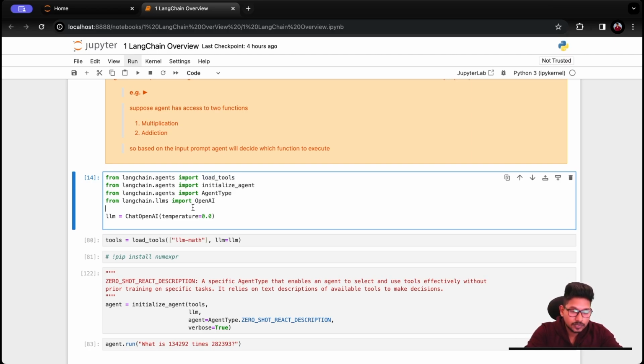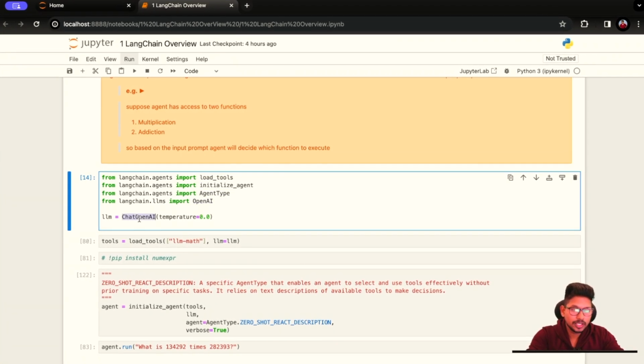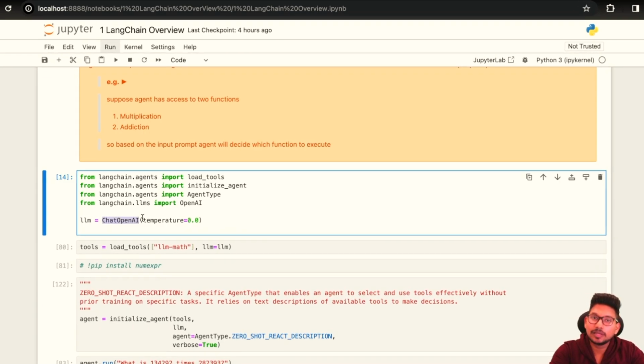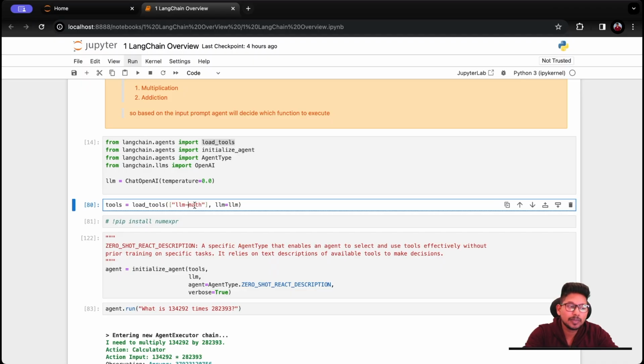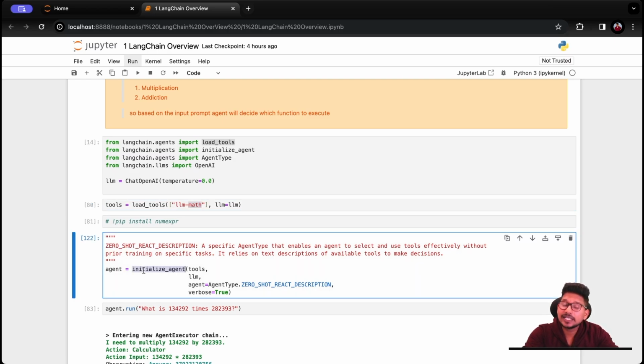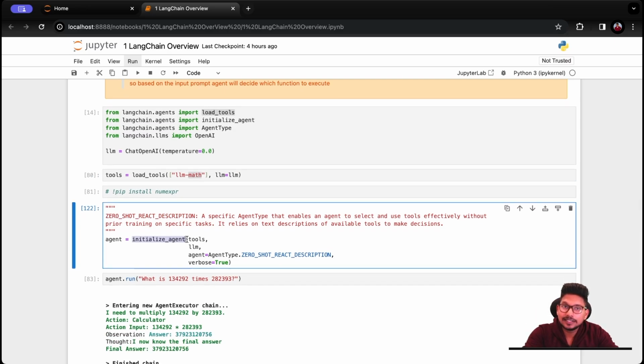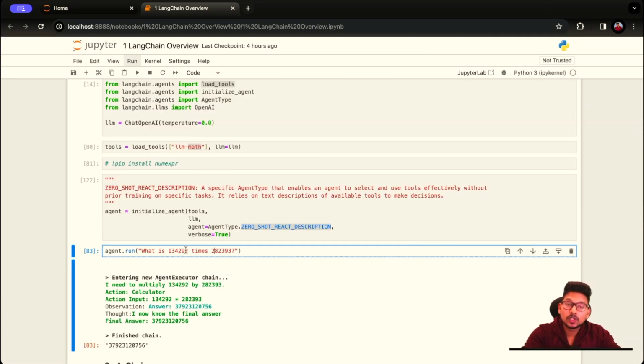Again we are importing a few different functionalities: load_tools, initialize_agent, AgentType, and the OpenAI model. So here again I am creating an object of the ChatOpenAI model, that is the LLM. LLM math you can think of as a calculator. Now here we are initializing the agent. For initializing the agent we need to pass a few things: the tools available, the LLM, that is your OpenAI model, and then the type of agent. There are different types of agent. The simplest one is zero-shot description. So agent.run, what is